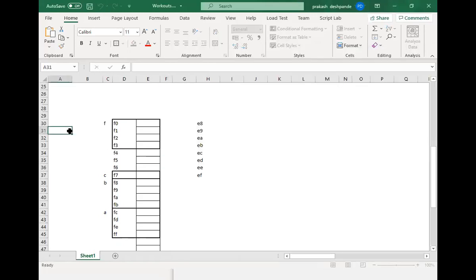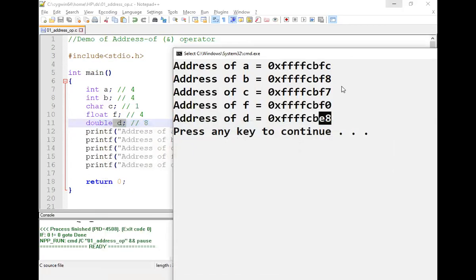One is called a stack. This stack is not a data structure. This is a stack memory segment. The other is a heap memory segment. In the stack memory segment, the memory allocation happens in a reverse direction, like how it is happening here, right? It is not going in the forward direction. It is going in a backward direction because of the memory layout architecture and its functionality. In the stack, it goes in a reverse direction.